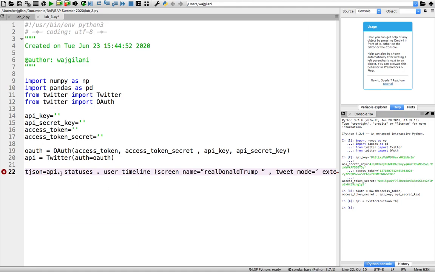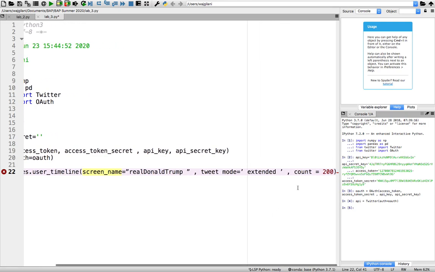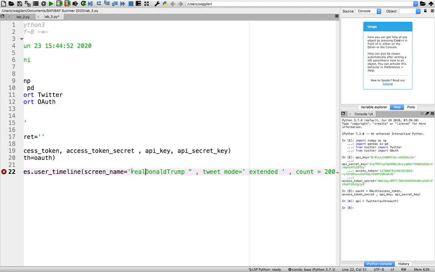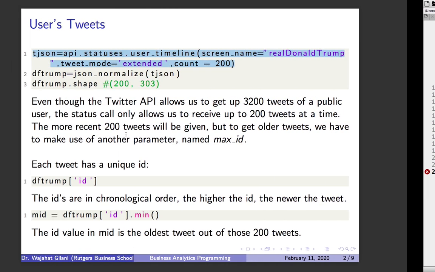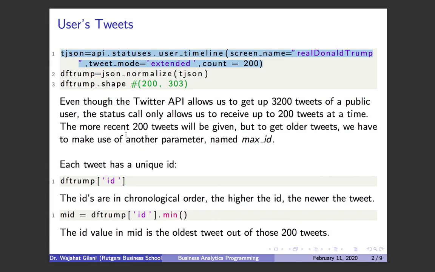So I'm going to go ahead and grab a different one. I'm going to go ahead and do it for, scroll over, count equals 200. All right. So instead of the real Donald Trump, I'm going to do it for the subject matter. Actually, I don't even want to do it for the real Donald Trump. So here I'm doing somebody's tweets. I want to change it so I look for some topic being